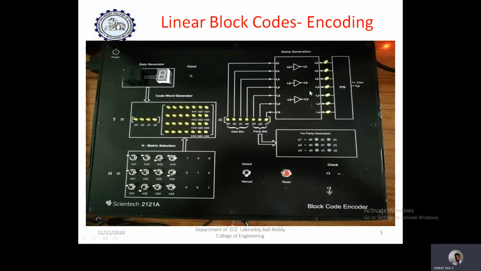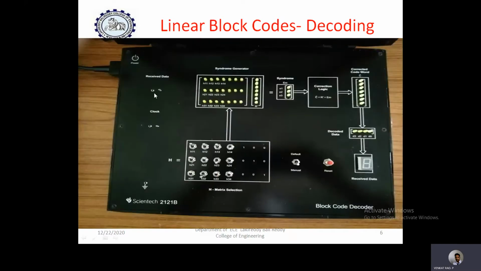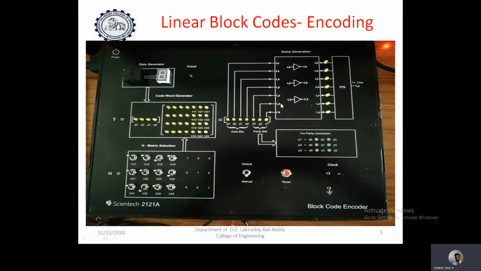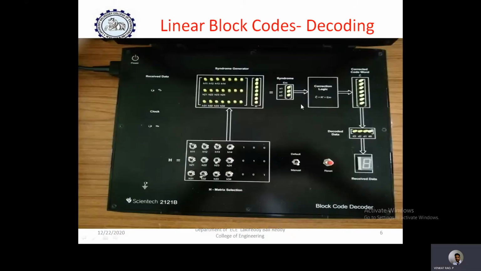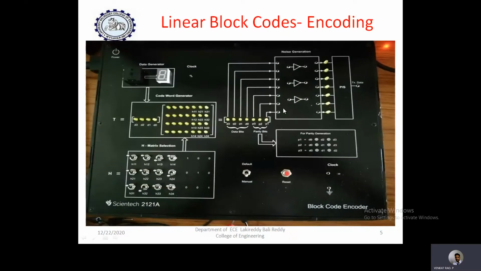If you connect all these pins to here directly, then the same data is obtained as parallel data like this. That data is going to be connected to the receiver here. So that is the received data, that is Y. Again, that received data is obtained here. If you connect like this, we get the same data here, so we don't get any errors because we are not connected to any error or noise generation.